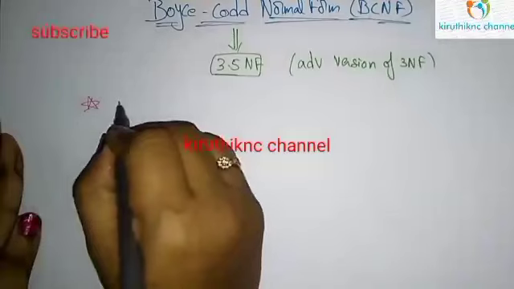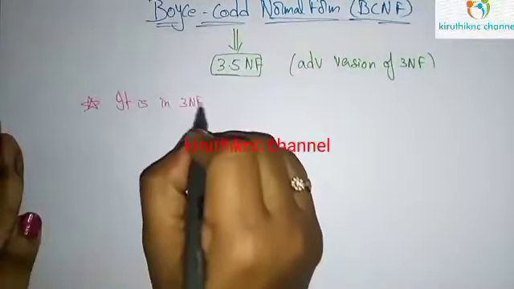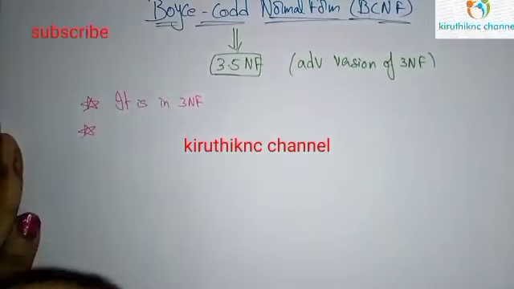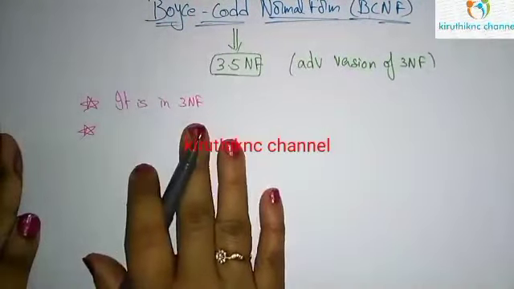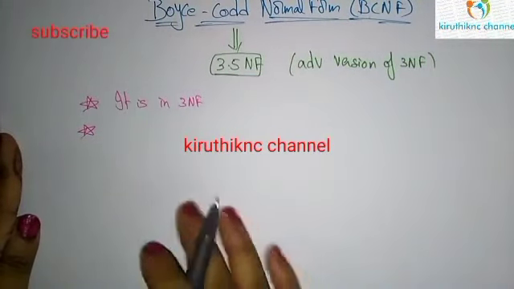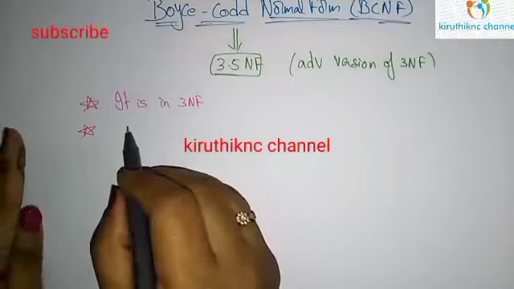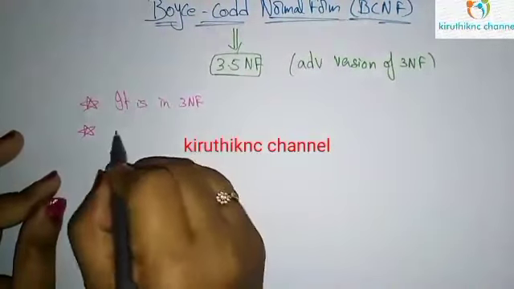First, it is in third normal form. Whereas in 3NF, first it should be in 2NF, and after that there is no transitive dependency. But in BCNF, first it should be in 3NF. Next, for every